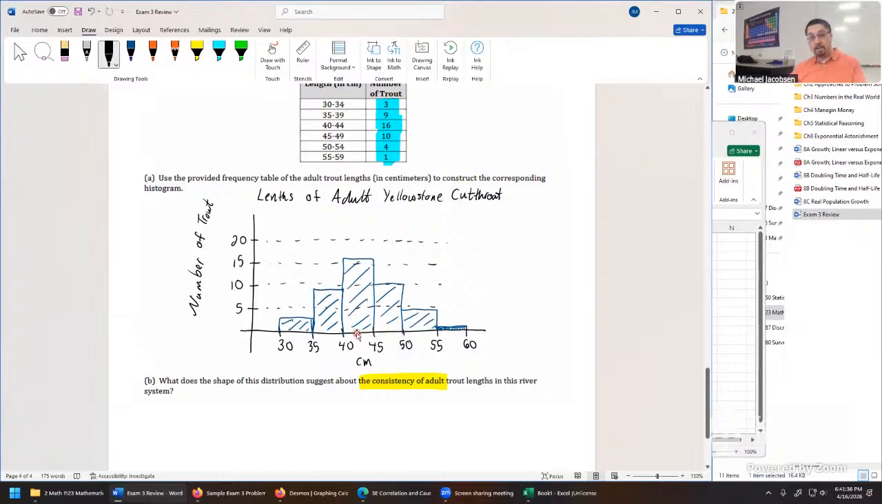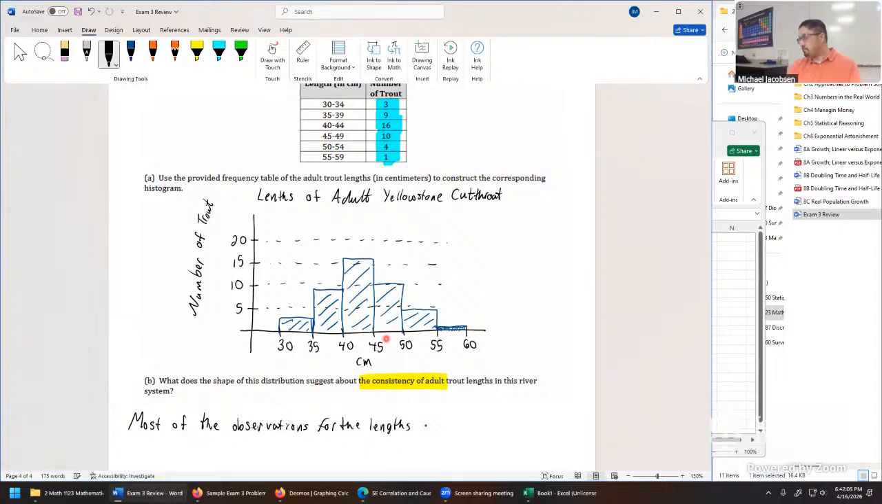You could focus on just the one peak and say the highest category for observations at 16 trout is between 40 and 45. But a high proportion of our data is in this region. So I'll say here, most of the observations for the lengths of trout are between 35 centimeters